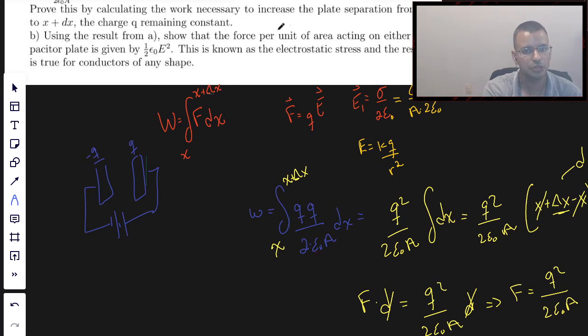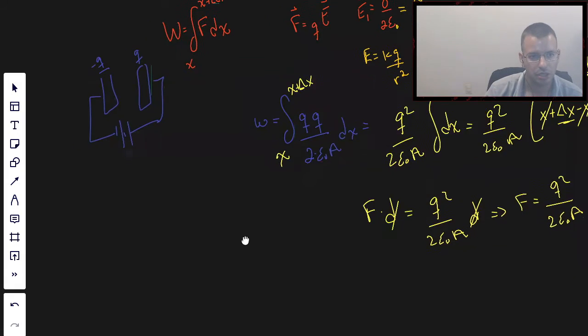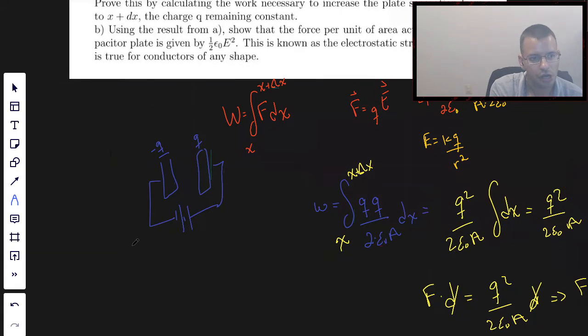So this is a force per unit area, which has the same dimensions as pressure. This is basically the pressure due to electrostatics. So "electrostatic stress" as a term seems to make sense. So we want to show that the electrostatic stress, which is force divided by area, same as the pressure, is